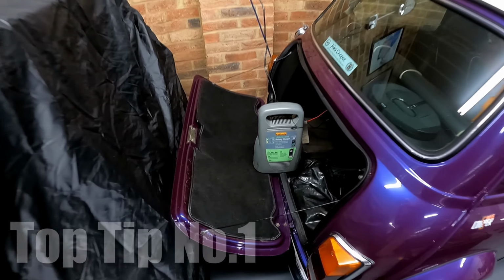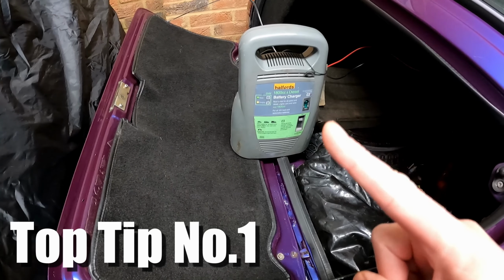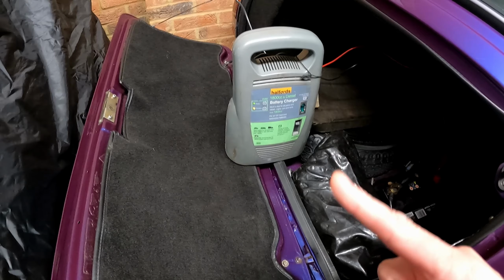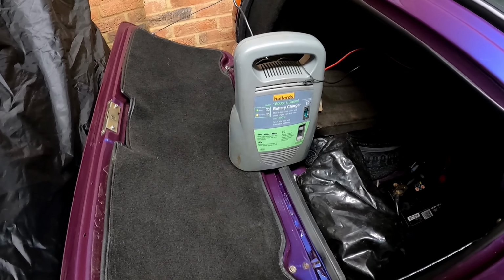Today I'm going to share with you my top 5 tips for storing a Mini up over winter. So my top tip number 1 is the battery. We're going to disconnect it, but first we need to make sure it's fully charged, and that's really important because